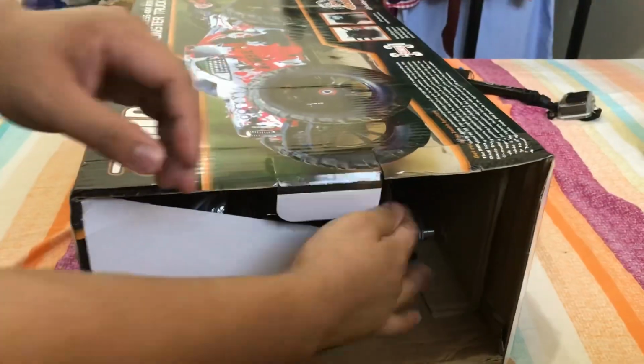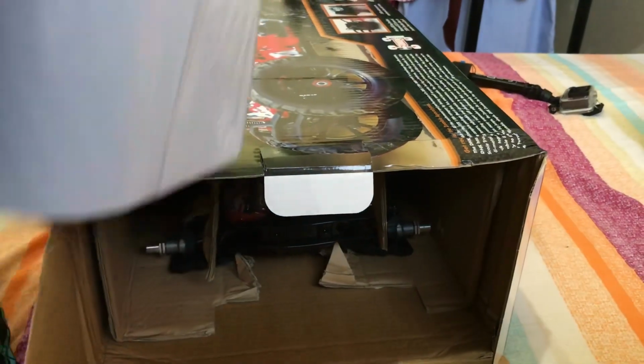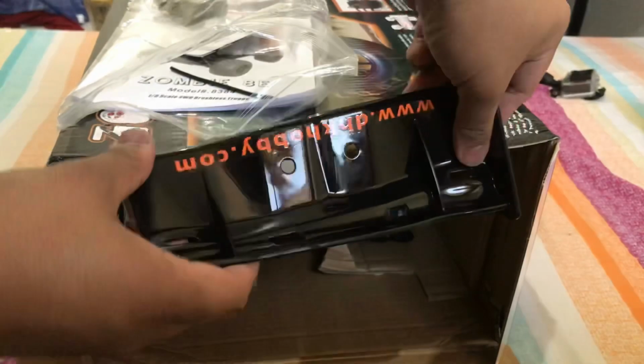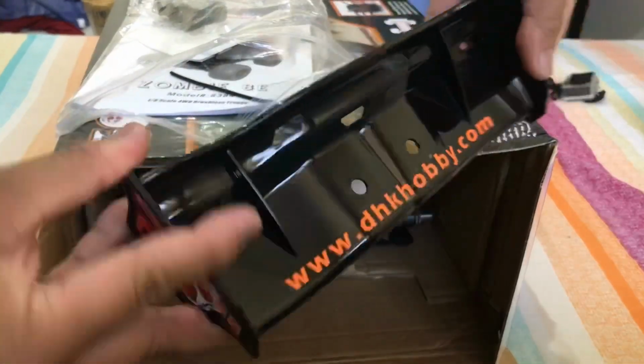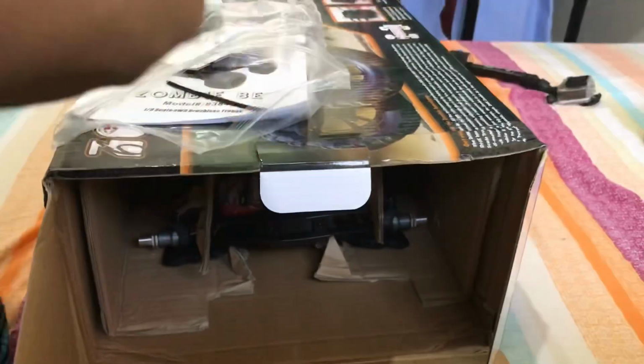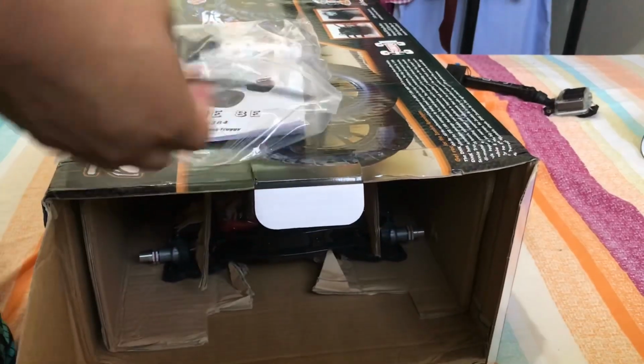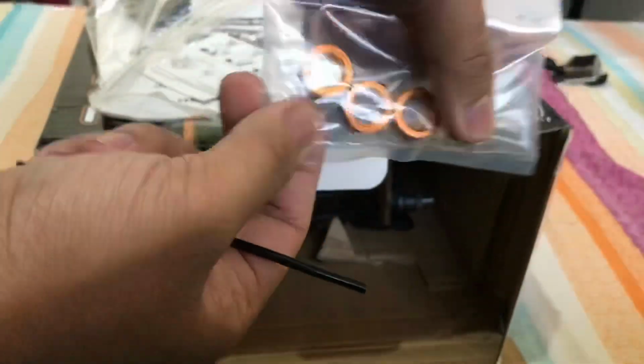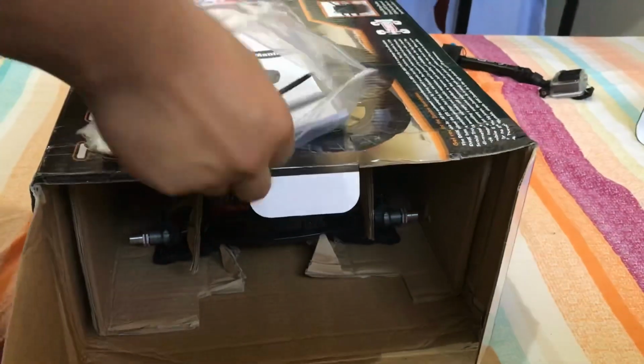Right. Now we get some of these things. It's a big wing. Imagine it's this big. You will see a very nice plasticky thing, but it's really flexible. Okay, let's deal with that later. You'll have an antenna, and you'll get this standard aluminum hex. Have some good manuals for